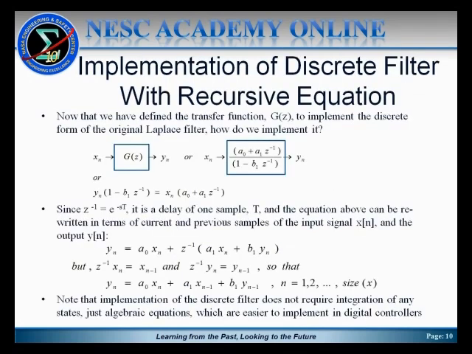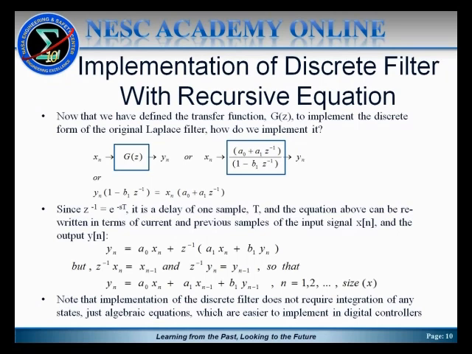So how would this be implemented now that we have that discrete transfer function g of z? Again, doing the same kind of process we did for the continuous domain filter, now we'll say we have some input x of n coming into the discrete filter g of z, and the output is y of n. So then y of n would result in that x of n having been conditioned with a lead lag filter. So substituting the expression for g of z that we obtained on the previous slide as a polynomial in z inverse